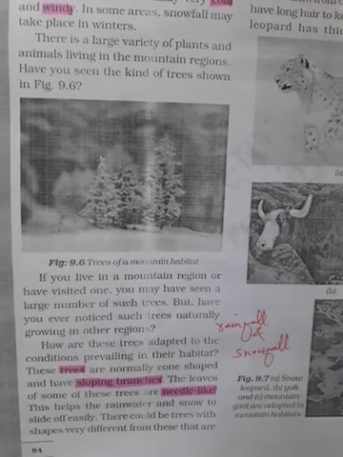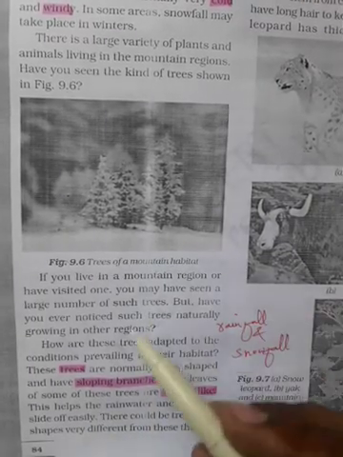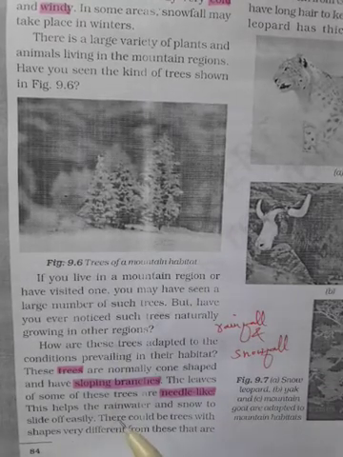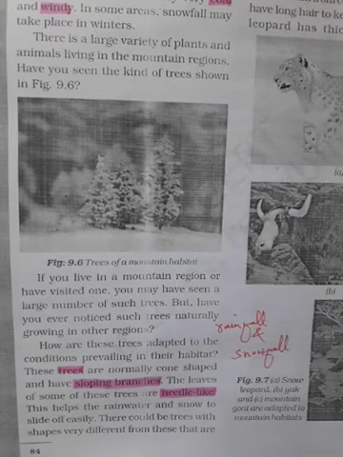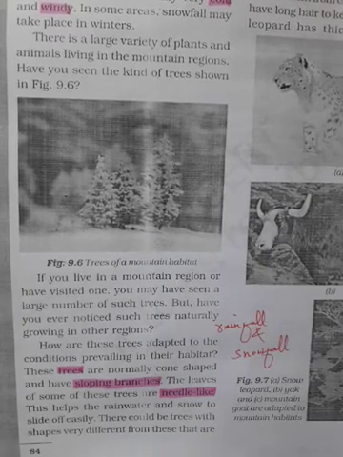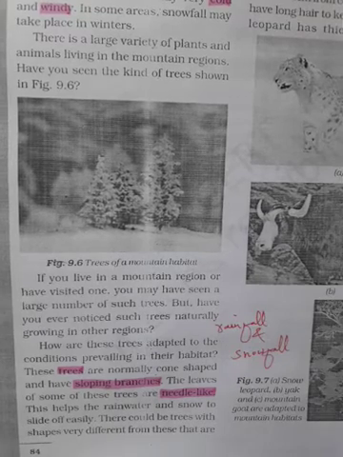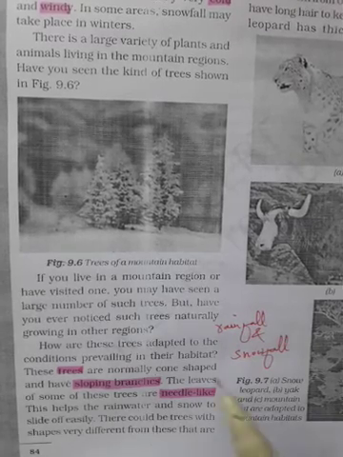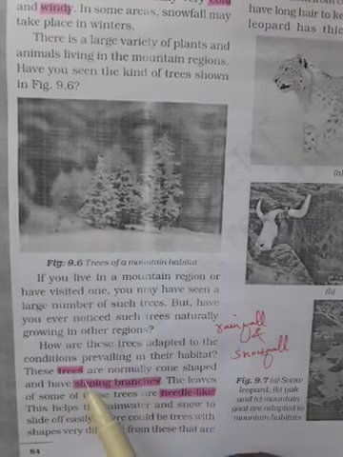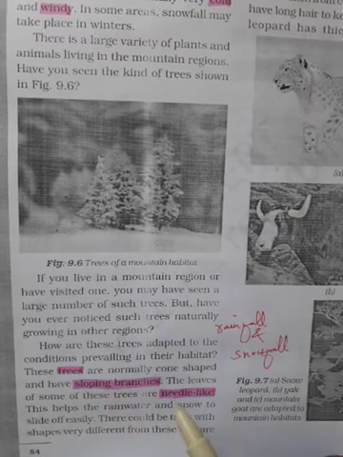That means due to the sloping branches, the rain water and the snowfall slide down from the trees, and that helps them to transpire. That means to breathe. Actually, plants also breathe through transpiration. They also have some metabolism inside the trunk. Okay, so these are the reasons that trees in mountain areas have sloping branches and the leaves are